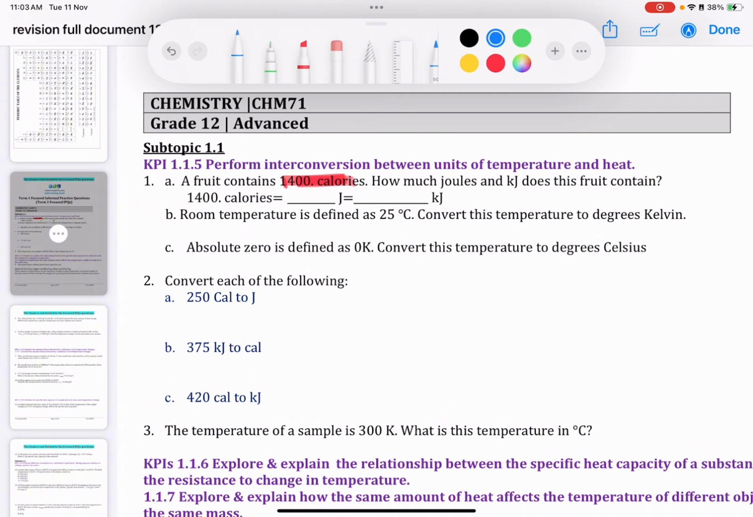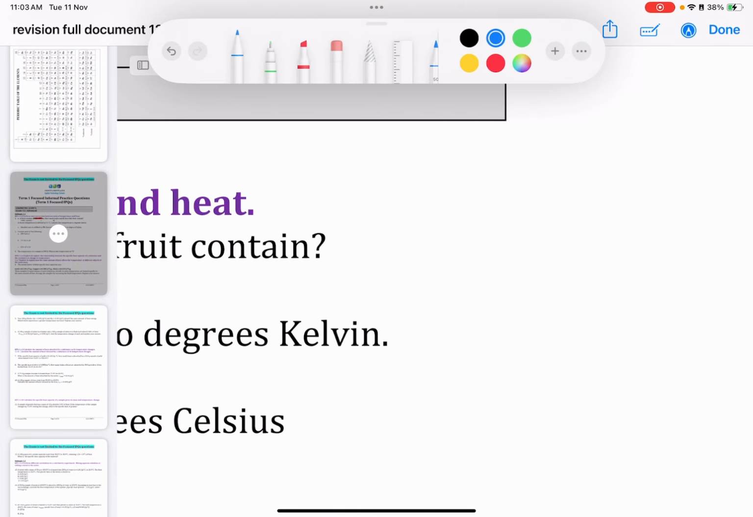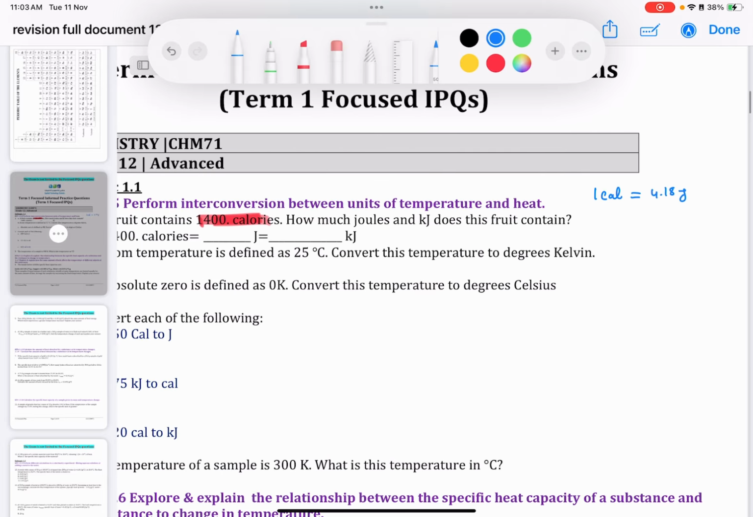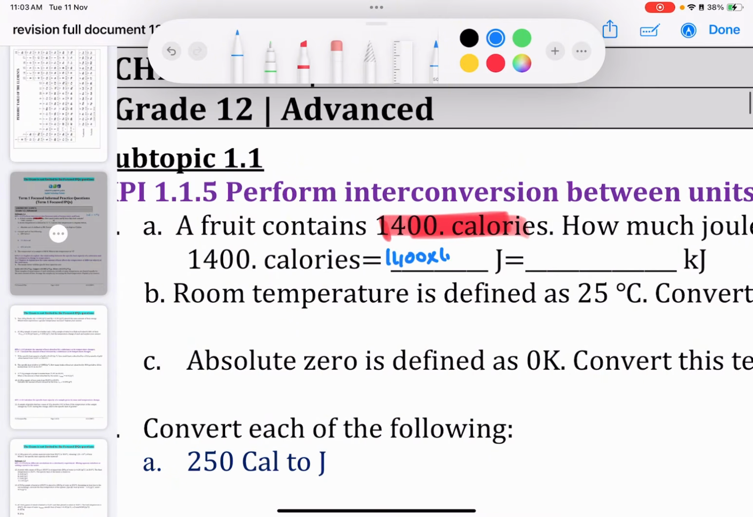Note that in your exam, you are going to have a formula sheet that shows you that 1 calorie is equal to 4.18 joules. So now I have 1,400 calories. So 1,400 calories is going to be equal to 1,400 times 4.18, and like this I'm going to get how many in joules. So 1,400 times 4.18 is equal to